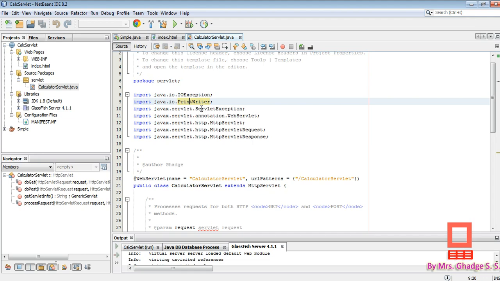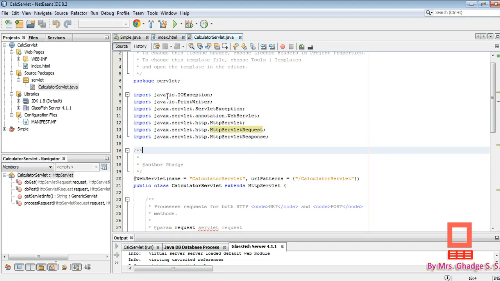Then some classes, ServletException and the annotation WebServlet, which belong to the javax.servlet package. This is one important package. And our third important package is javax.servlet.http, which contains three important classes: HttpServlet, HttpServletRequest, and HttpServletResponse.